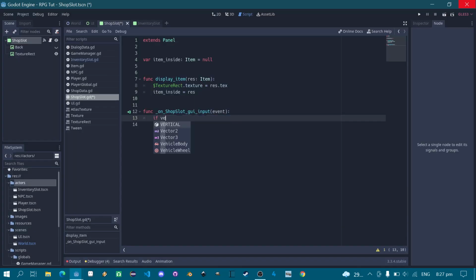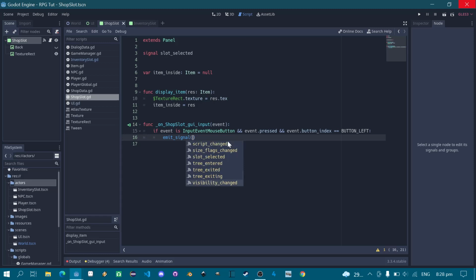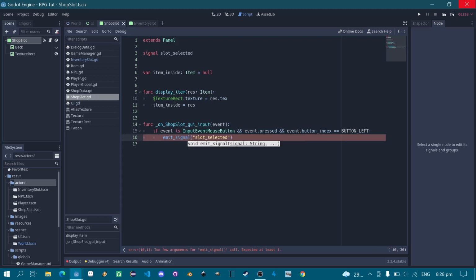Now if event is InputEventMouseButton and event is pressed and event is button index, MOUSE_BUTTON_LEFT. Okay, now add a new signal here. So selected. Okay, now emit that slot selected. Okay,